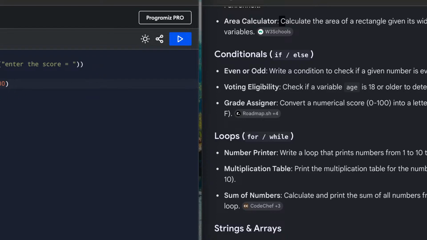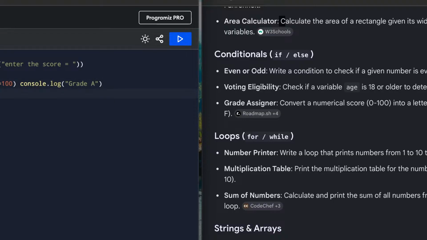Okay, we will not be using the or, we will be using this. If a score lies in this range, rather than curly braces, we will directly use console.log grade